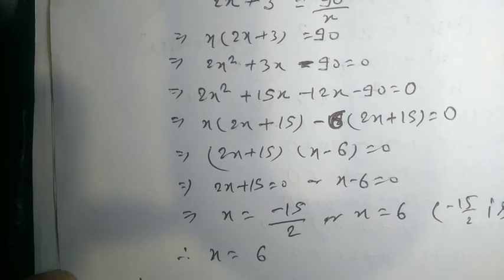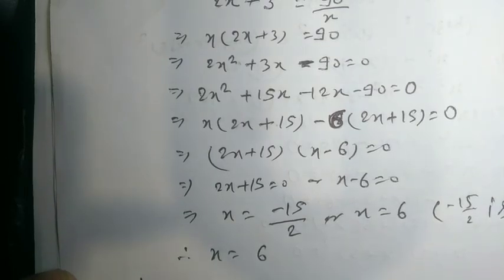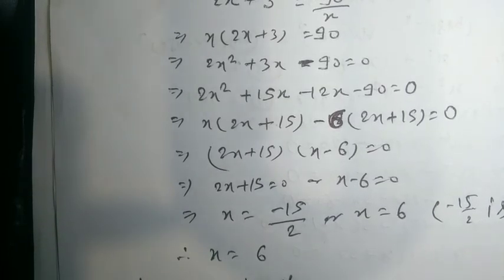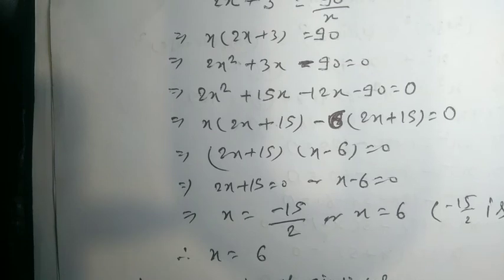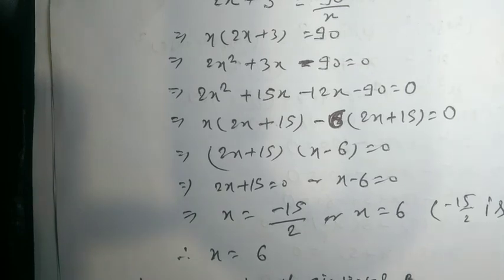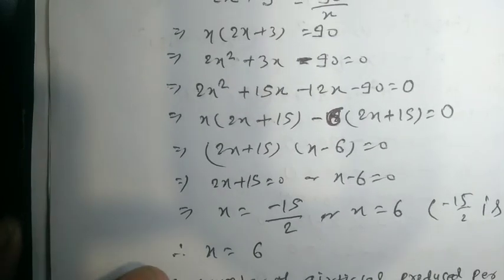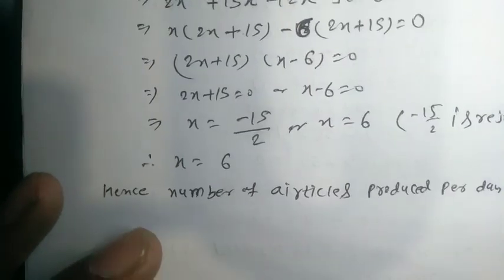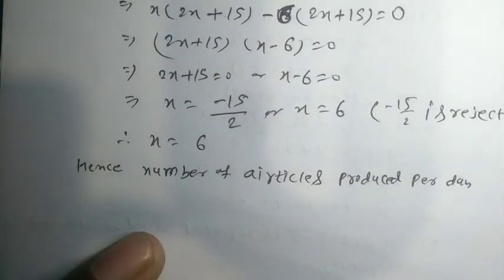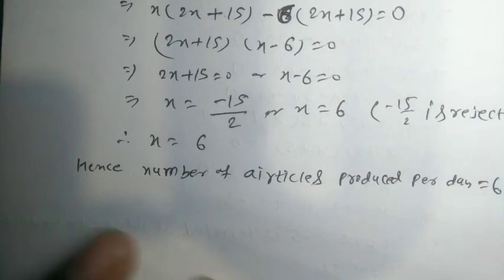Hence number of article produced per day is equal to 6,